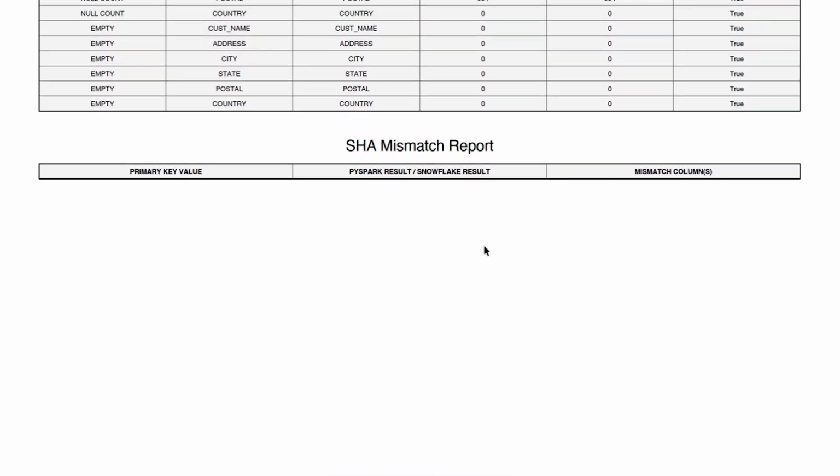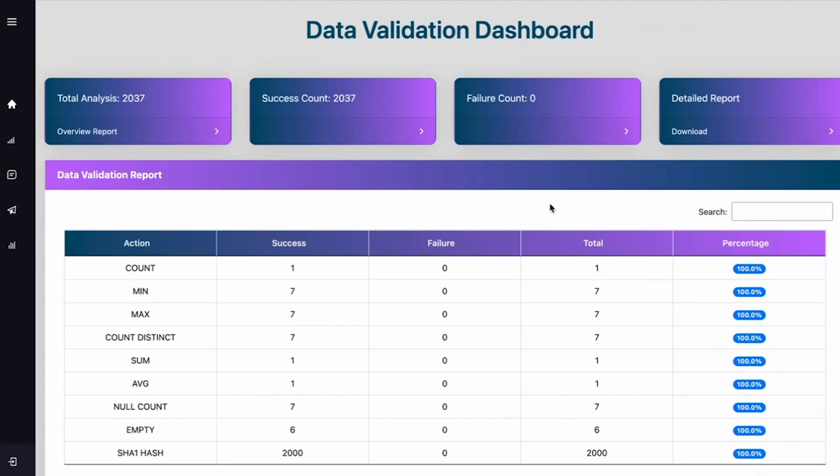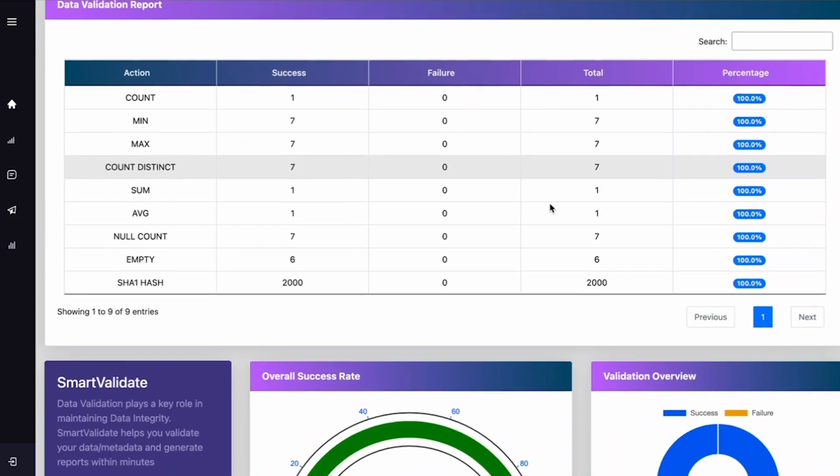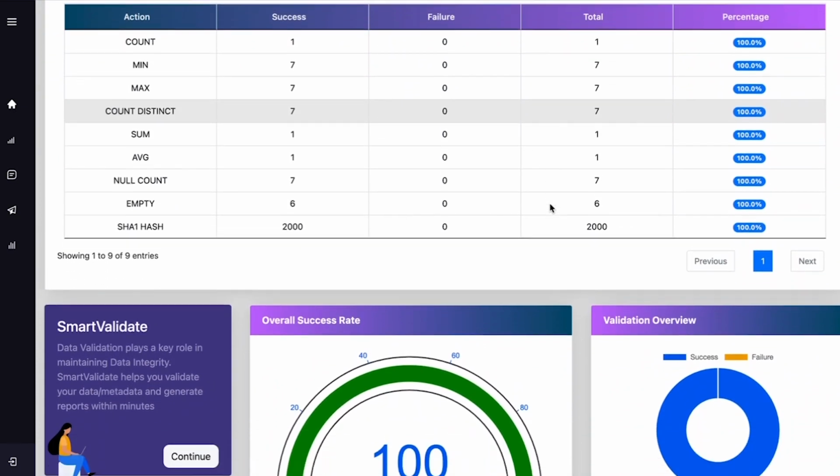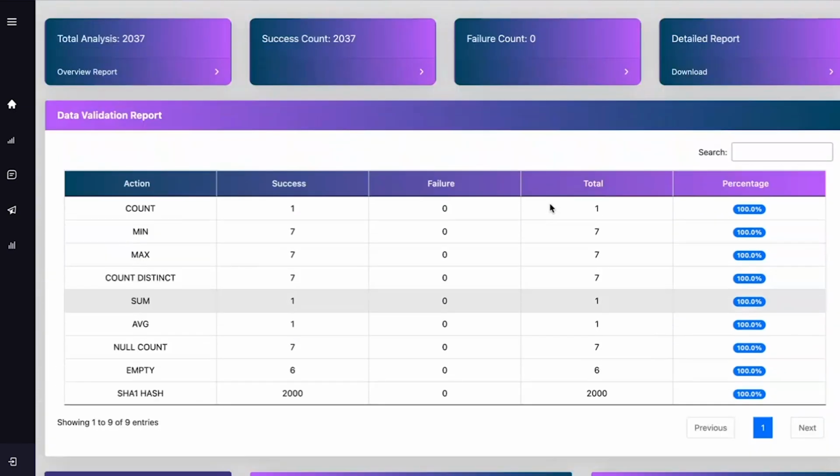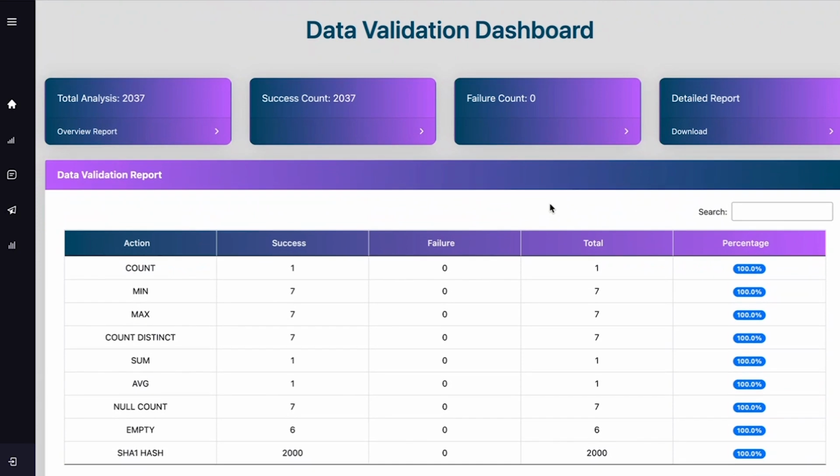So now moving on to the tool. If you see here, my validation has already happened. So all looks green, all 100% matching. So that's about Smart Validate. Just to summarize, we have done the pre-migration activity with the Smart Analyzer and Dependency Analyzer, moving to Code Convert, then finally migrating the data and reconciling the data. And coming back to just a summary view,